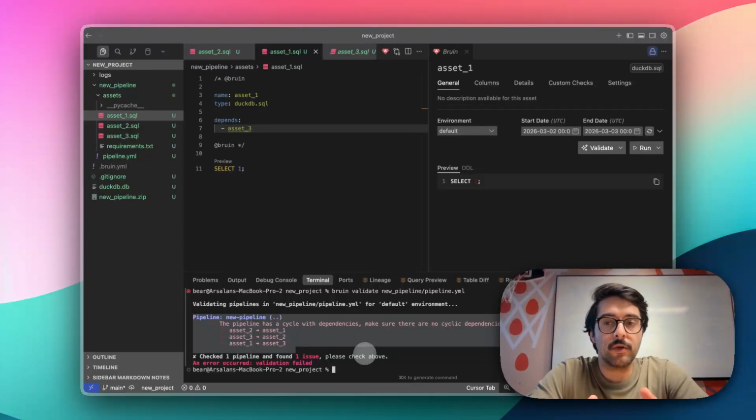So this is a good way for you to check your pipelines before you deploy and make sure that they execute, and that their dependencies and syntax